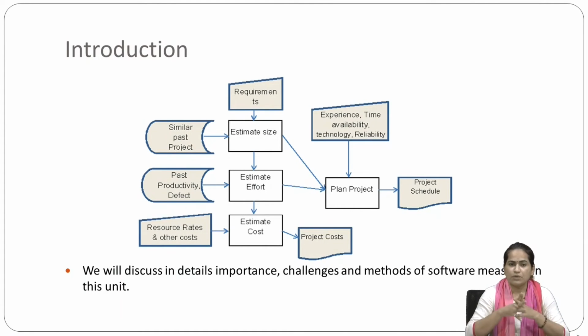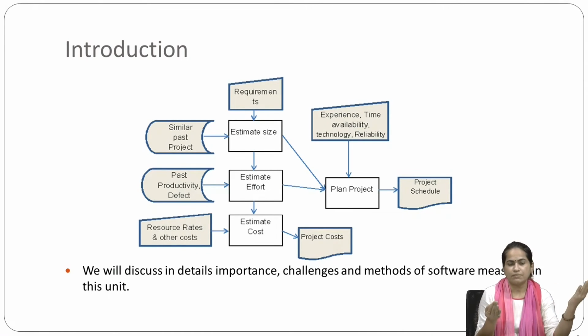We can also include the software. It may happen that they need some licensed software, for which we need to pay, so that also we have to consider. All these factors, as well as their rates, need to be considered when we estimate the costing. Now this part is done: we have collected requirements, and based on that we have decided the size.